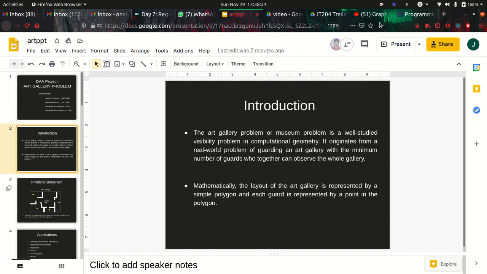So the art gallery problem is a well studied visibility problem in computational geometry, and it is basically a problem where the main task is to guard an art gallery with the minimum number of guards which are enough to observe the gallery. The mathematical model can be represented by a simple polygon, where the art gallery is a simple polygon, and